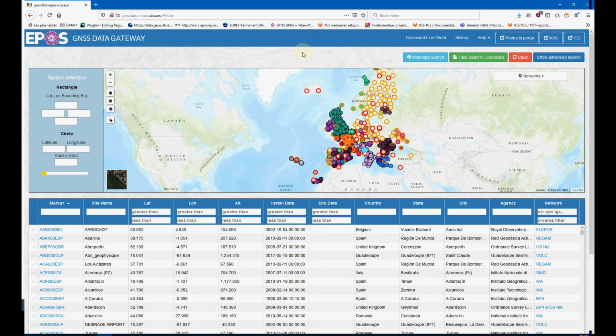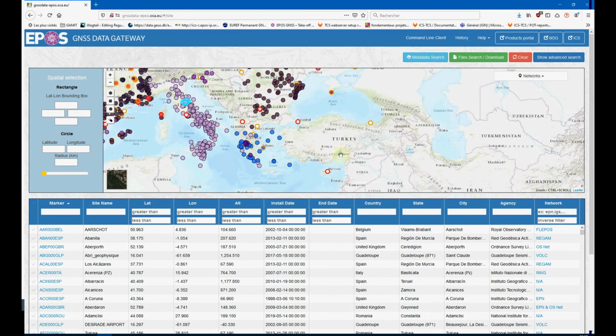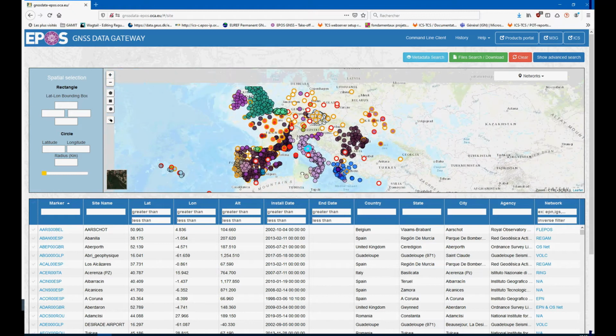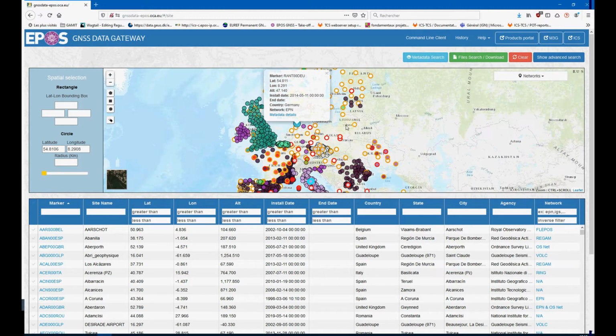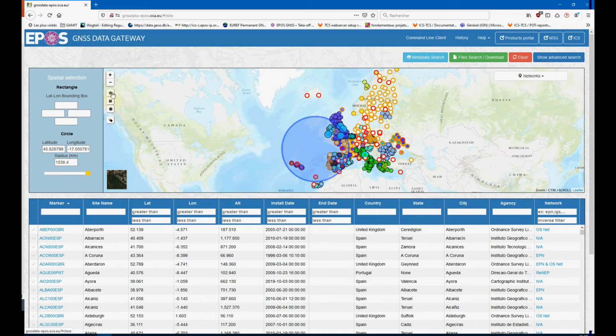In the center here, you will find the third zone, the map zone. It is the area of geographical interaction and selection. The map shows the station location. It is possible to drag the map, zoom in and out with Ctrl plus scroll, and to select the station. It is possible to select an area, either with a circle, a rectangle, or a polygon. And on the left, it's also possible to use coordinates to determine an area of selection, either rectangular on the top or circular at the bottom.